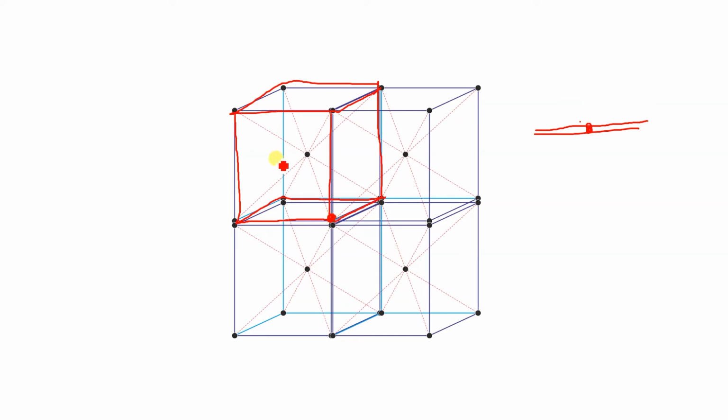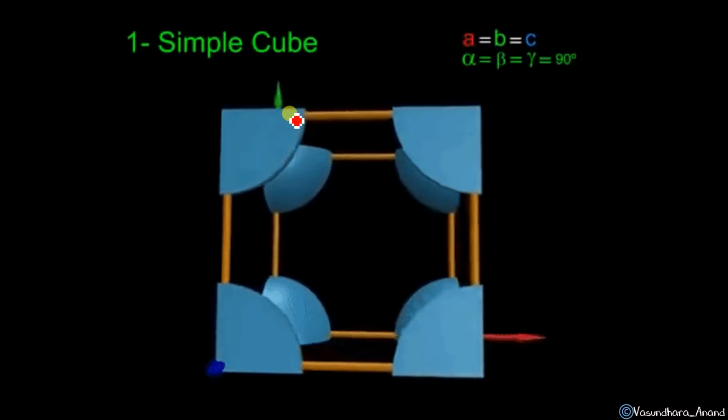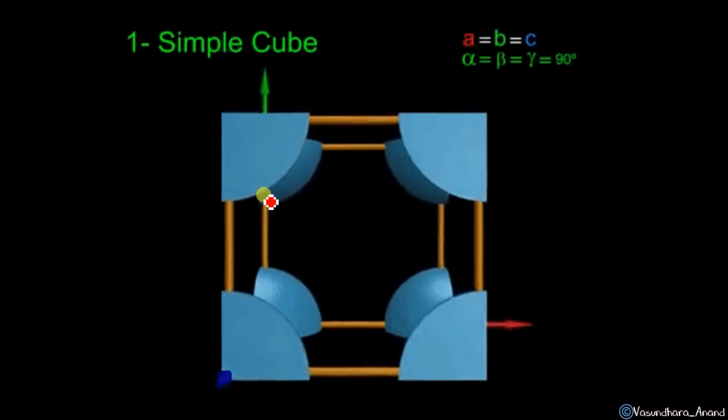One corner is common in 8 unit cells. So in one unit cell, what will be the portion of this corner? 1 by 8, isn't it? Got it? So this is the structure, the 1 by 8 structure I have shown, which is in one cube. Got it? समझ में आ गई बात?